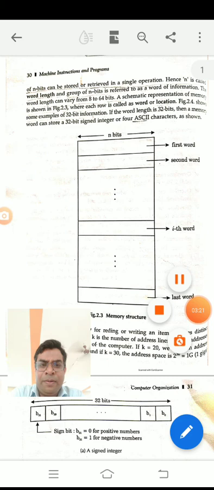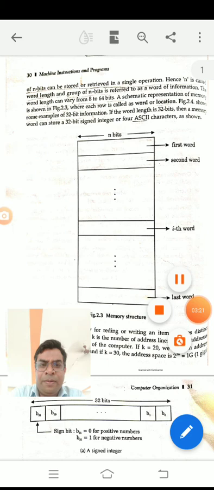Big endian is where a word is given the same address as that of the most significant byte, MSB, the leftmost byte of the word. This system is used in Motorola and PowerPC processors. Here, the high order byte of data is stored at the lower address, and vice versa.